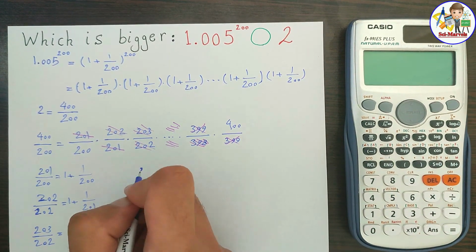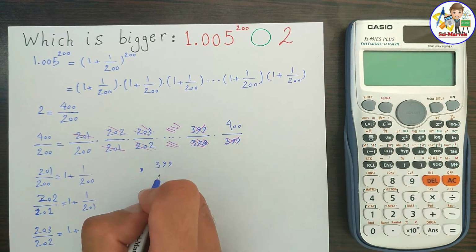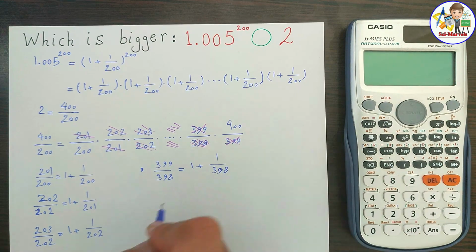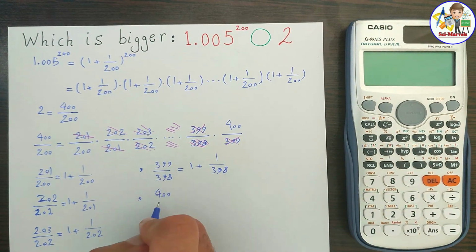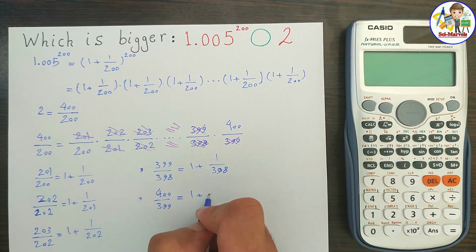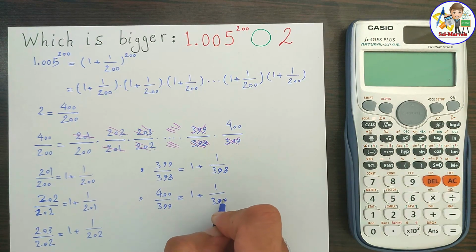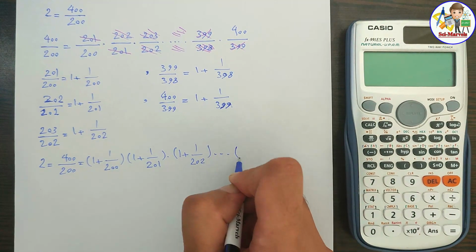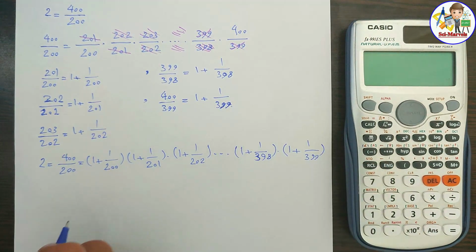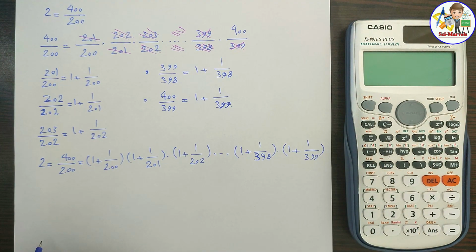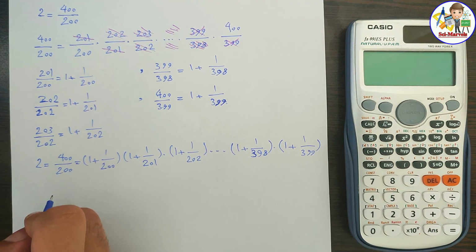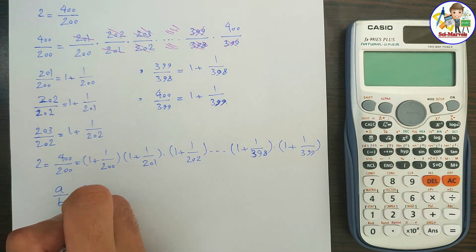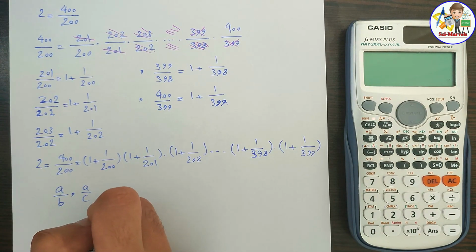The second last, 399 over 398 equals 1 plus 1 over 398. And the last one, 400 over 399 equals 1 plus 1 over 399. Now if we substitute these terms in the main fraction, we have a similar form to 1.005 to the power of 200. Also, you should remember when two fractions have the same numerator and different denominators, for example, a over